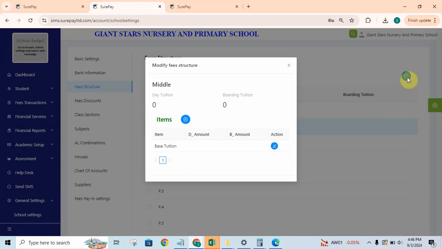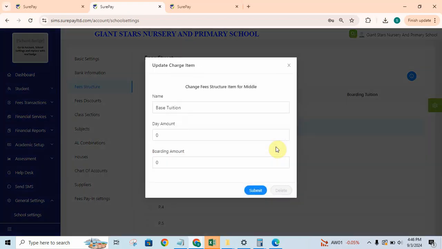So how do we set up the fees for that particular class? We come to this base tuition, and then we have the pencil icon which supports us to edit. So I click the pencil icon, and here we go. We have the base tuition, where the day amount is still 0 and the boarders are still 0. So we enter in the figure. How much do the day learners in our school pay? For example, we can say they pay 200,000, and if at all boarding pay, we might say they pay 500,000,